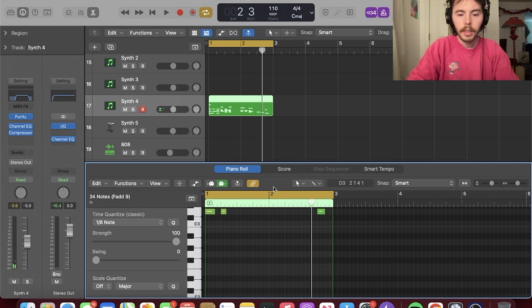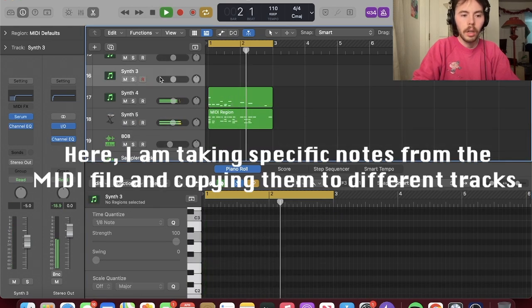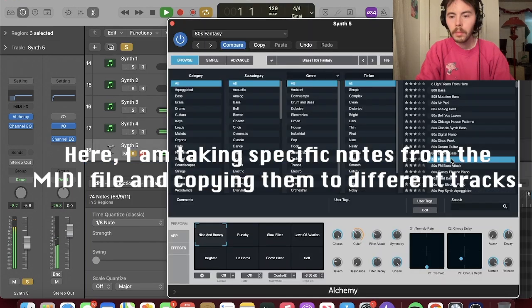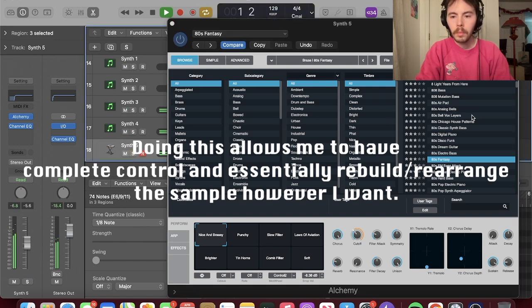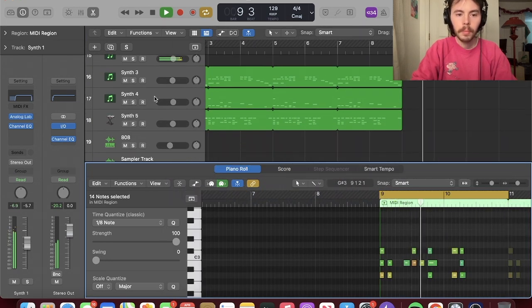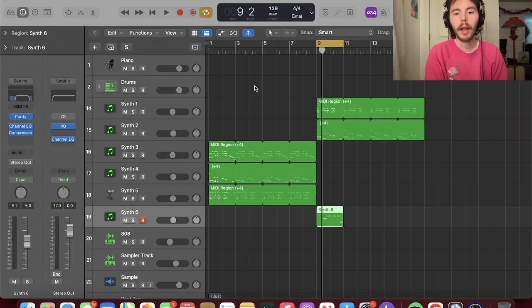Also going to start dividing this into sections. Like I've said before, I like to keep a similar vibe and energy throughout my beats for the most part, and as you can see, I'm not doing anything too crazy in terms of switching up chords and melodies.